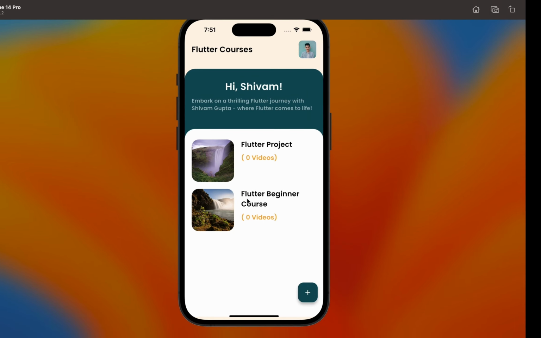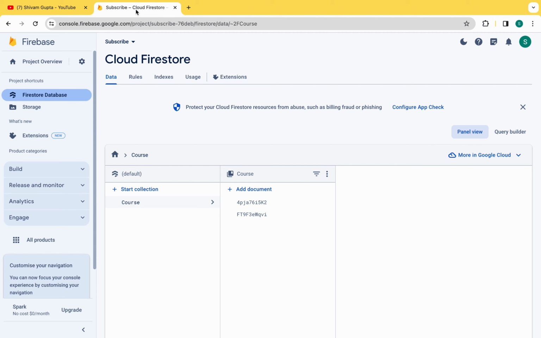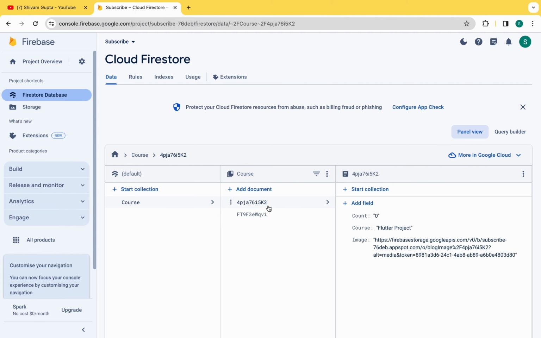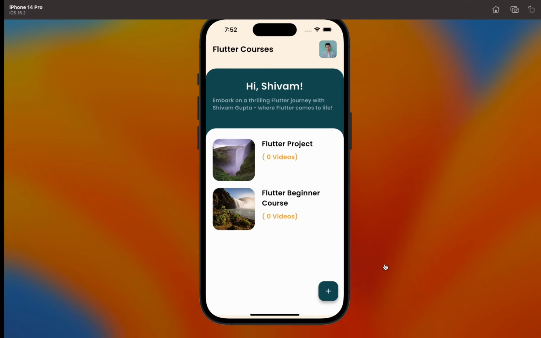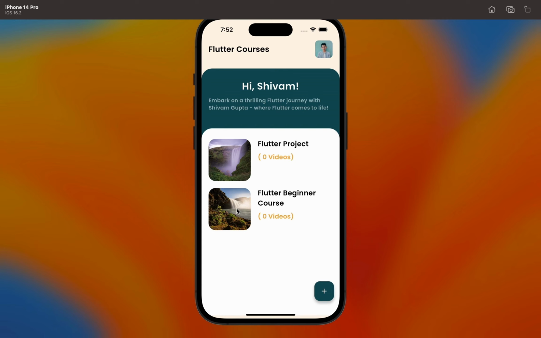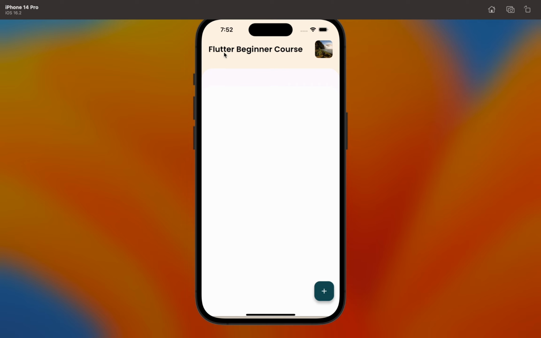Now let's move to Firebase, and here you can see the course collection and the document ID that we have just uploaded from the add course page. So I will also tell you how to manage Cloud Firestore and how to upload the image to the Firebase storage. Now I'll tap this course and it will directly take me to the course page, and here